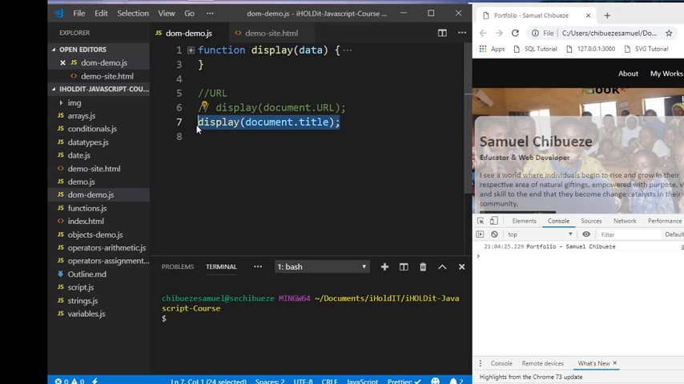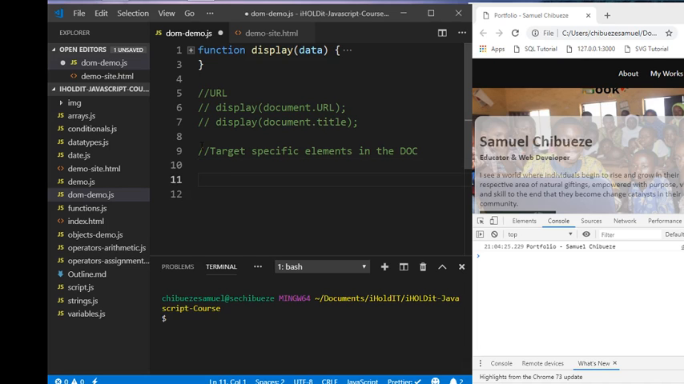Apart from that, there are also some other methods that we have. Some of them I'll just walk through. So we have getElementById, so we can target specific elements in the document. So we have the first method, which is document dot get